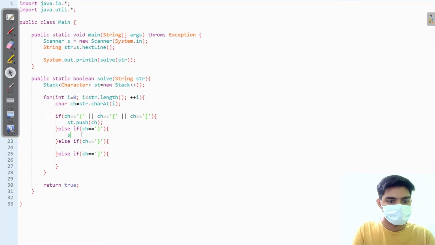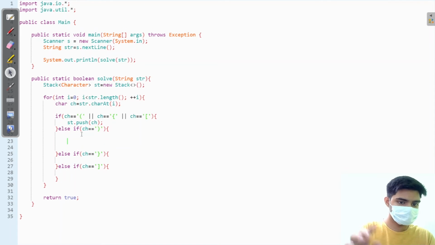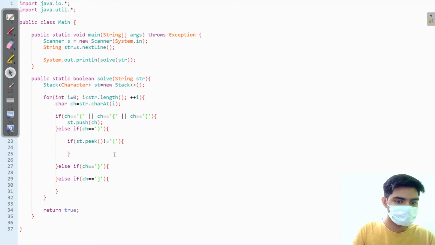So first thing, if I encounter a parentheses, I'm going to check if my peek value is not equal to an opening parentheses.